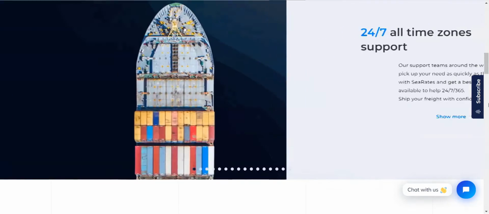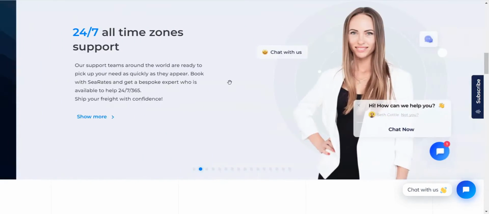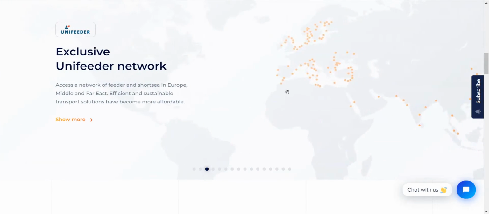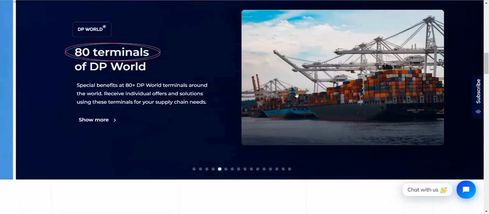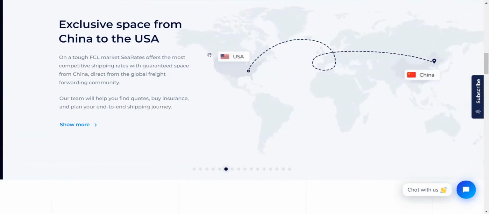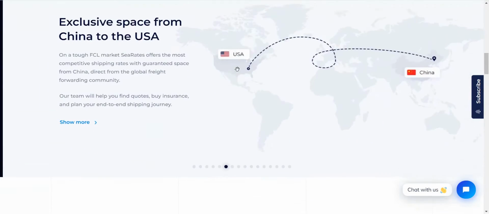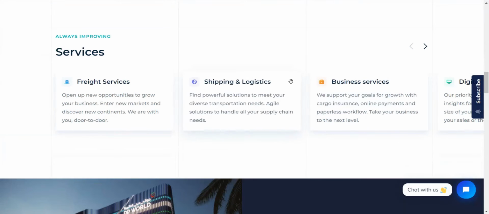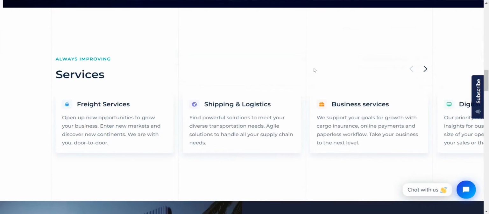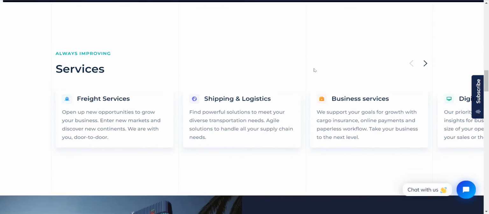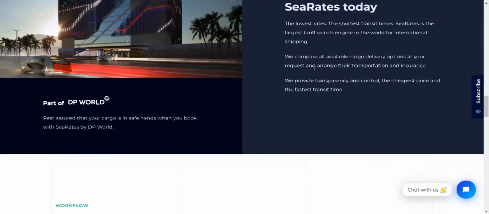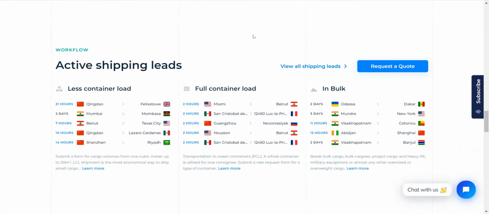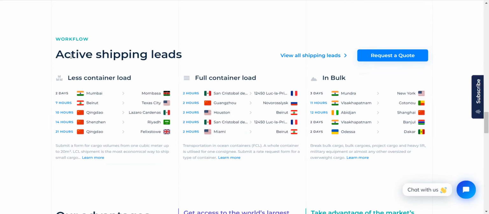Then you can go through the slider and explore all the opportunities that you have, not only within SeaRates but also within DP World as a group. There is a lot of information over here and you can get something interesting to learn more. Services that you can find and can order at SeaRates. Quickly about the company with the opportunity to learn more about the history,